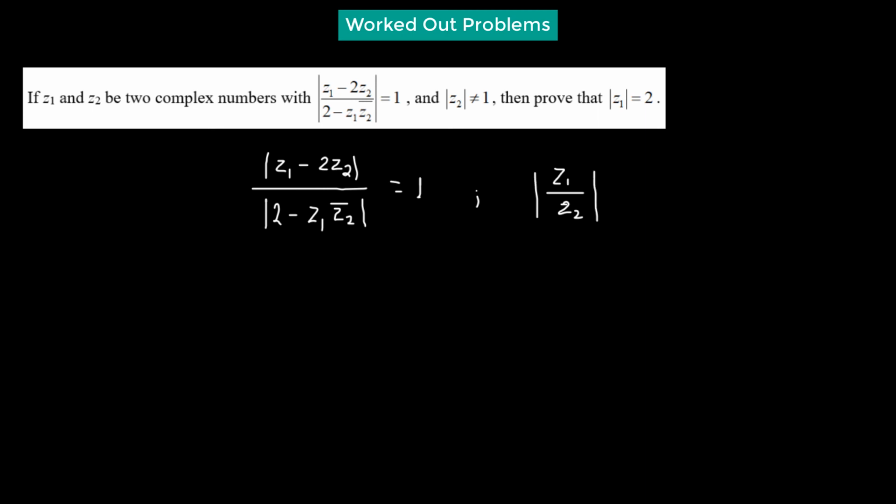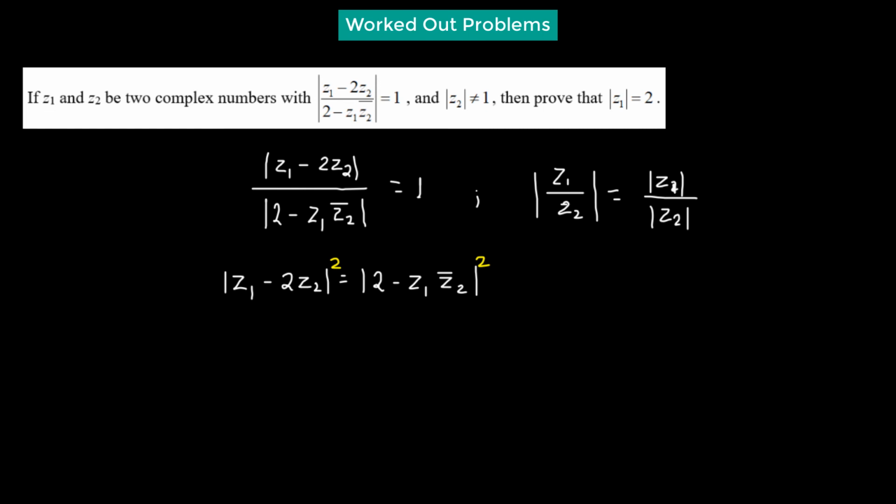So their absolute value is also equal to dividing their moduli. So we have z1 divided by z2. Let us cross multiply it. That should give us |z1 - 2z2| is equal to the absolute value of 2 - z1 times z2 conjugate. Now what we're going to do in the next step is square both sides,